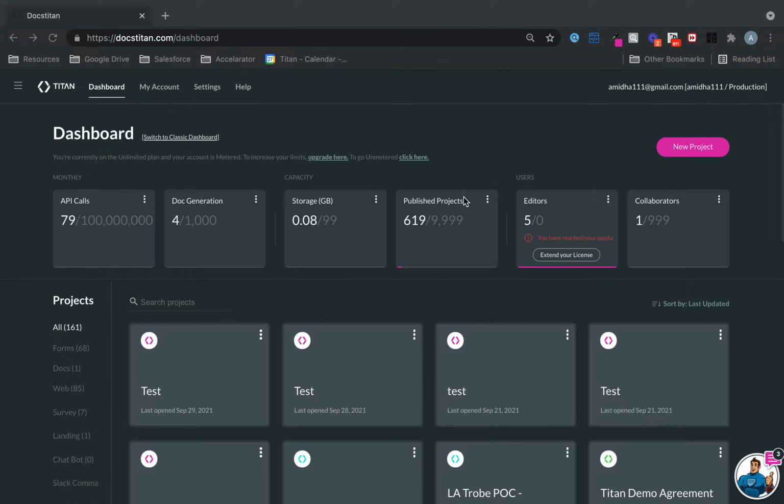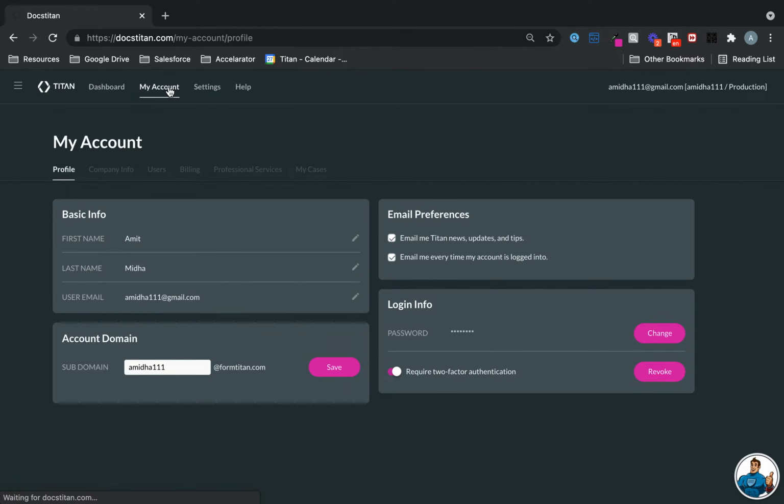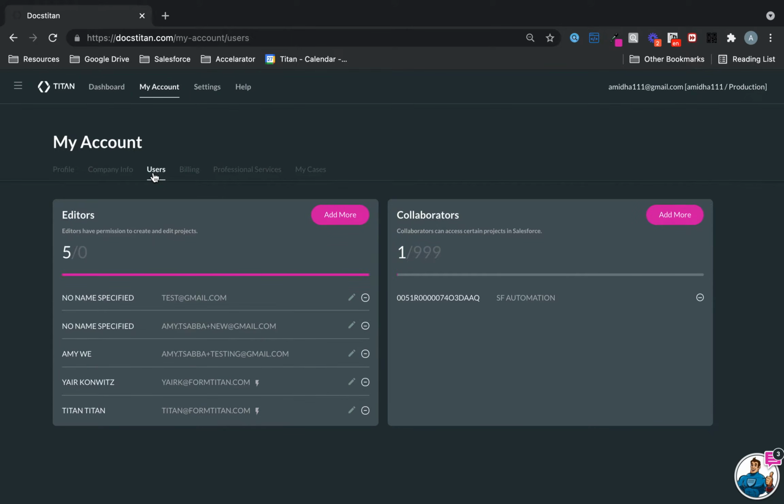So the way it works is a bit like this. Once you're logged in, you need to go ahead and click on My Account right here. When you click on My Account, you are presented with many different options, and the only option you need to focus on is users. So click on that. It's kind of blanked out, but for you, when you click it, it will be visible